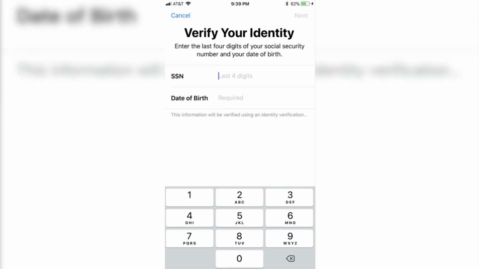On the last step, it will ask you about your SSN or social security number, the last 4 digits of your SSN, and then you have to enter your date of birth. And then finally you have to tap on the next button on the top right corner and you will be verified. Your application will be sent to the Apple servers and you will be verified with the Apple Pay Cash. So that's how you can fix your Apple Pay